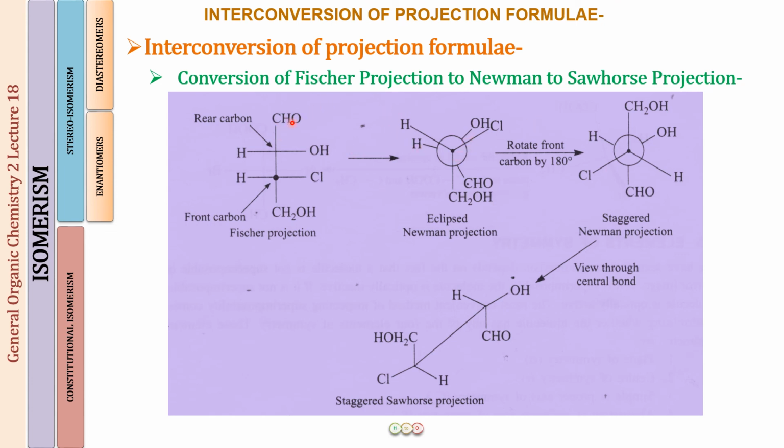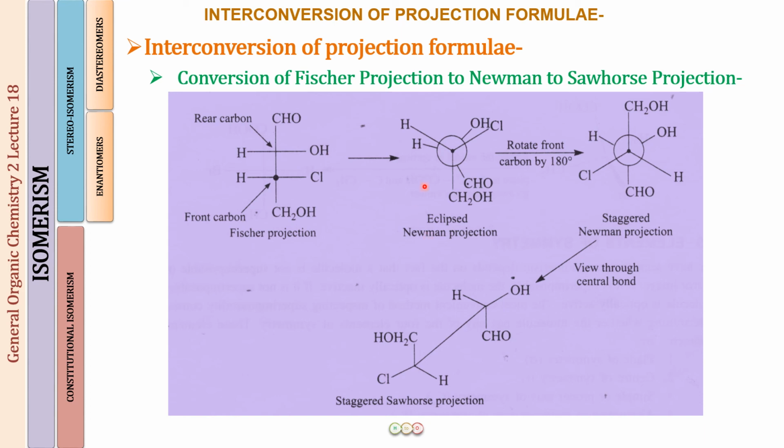Next you have to draw this CHO. So this CHO group will be hiding behind the CH2OH. So we will be drawing just a little small line emanating from the circumference of the rear carbon as a group which is hiding behind CH2OH. So this is exactly behind this, just peeping out to tell that I am CHO. Fine. And then what was on the left side? Well, the H was on my left and OH on my right. So that is what we are going to do, an H and an OH. So this is the eclipsed.